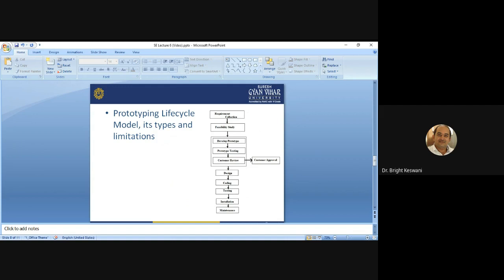we are working for customer satisfaction. We are making software not for ourselves. We are making software as per the client's need, for the satisfaction of the client. Okay, to get the money, and we will get the money only when our client is satisfied. So prototyping is based on the idea of developing an initial implementation for user feedback and then refining this prototype through many versions until a satisfactory system emerges. So this is the general phenomenon.